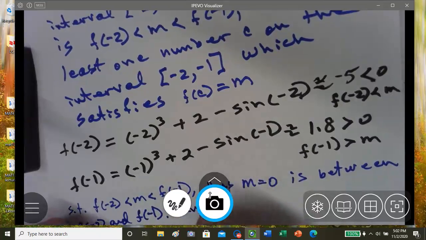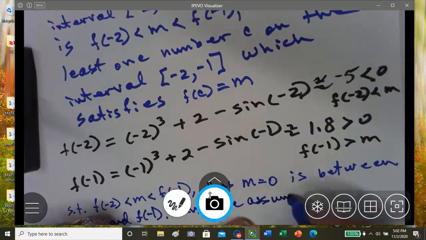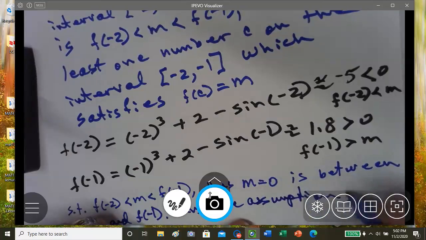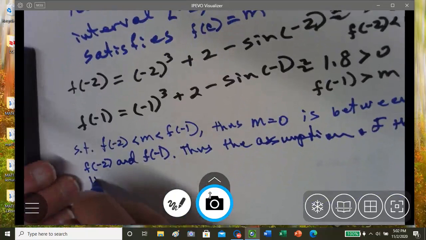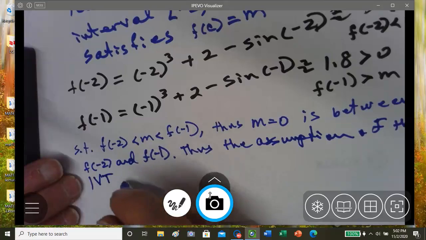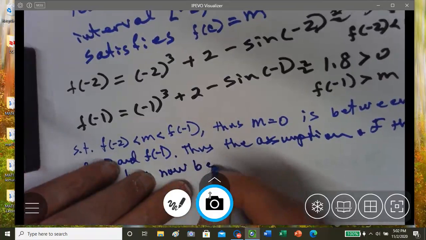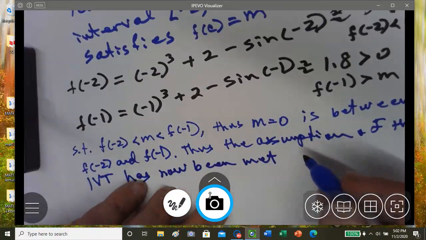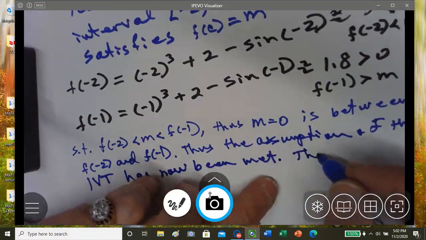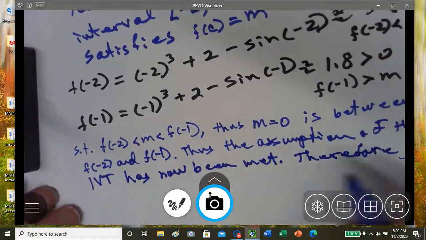Thus, the assumption of the intermediate value theorem has now been met. Therefore, we can conclude